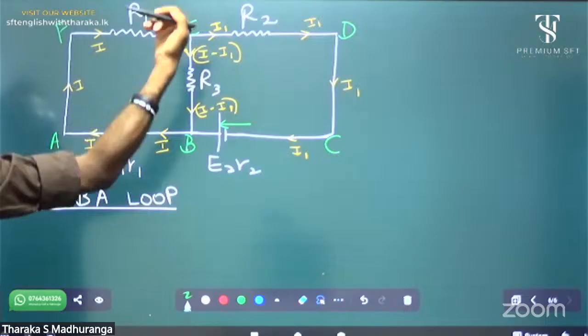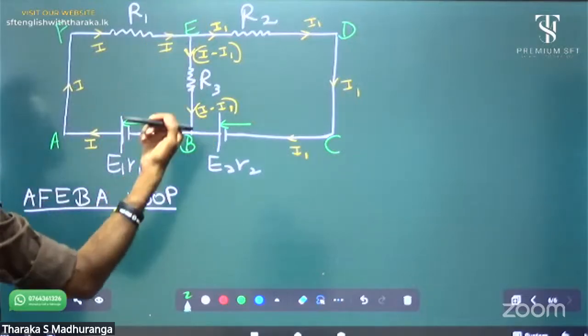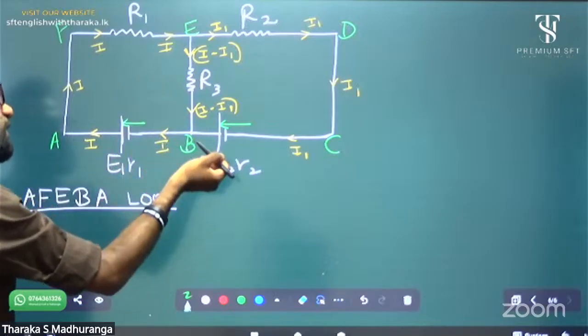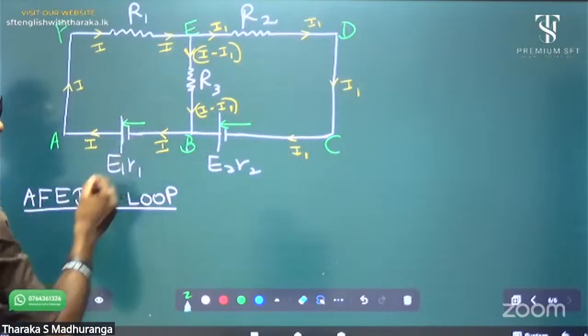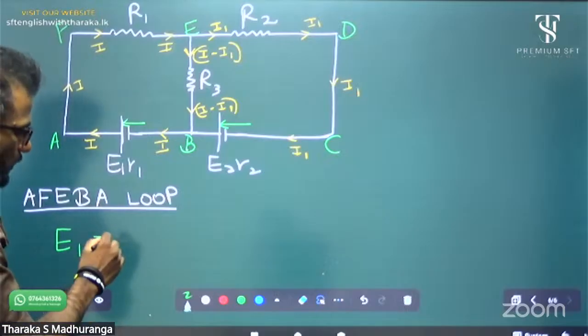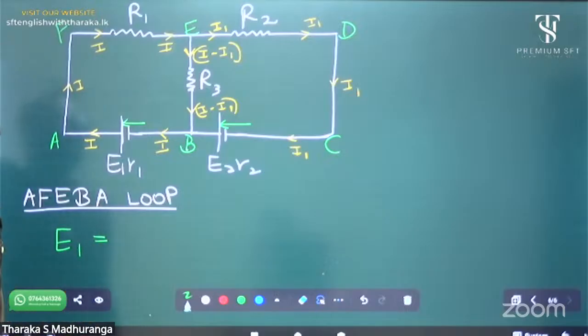F to E, no batteries. E to B, no batteries. B to A, yes, there is a battery. My direction and the electromotive force direction are the same, so it is positive E1. Positive E1 equals,